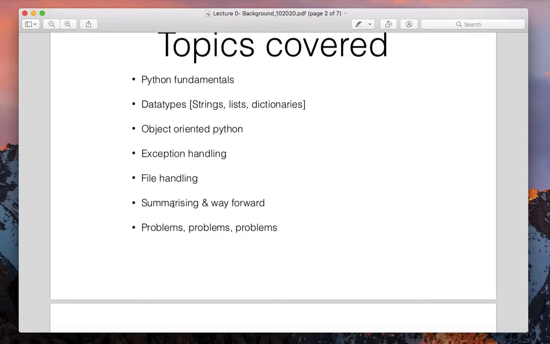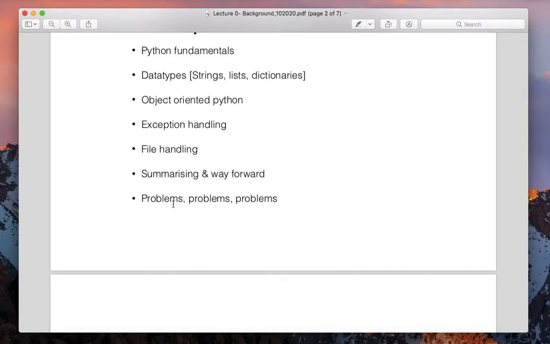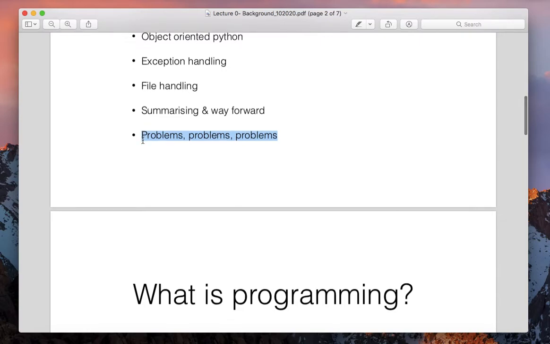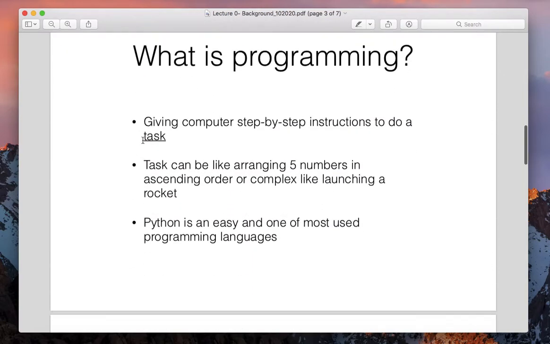So this is a very introductory course. You should not expect that you will become an expert after doing it, but you will have a fair idea of what exactly programming is, and you will solve good problems, and maybe build some confidence that you can take up in the next level that you want to go. Problems are very important. Programming itself is a very practical skill. Once you do it, only then you can understand. So we'll focus a lot on doing problems.